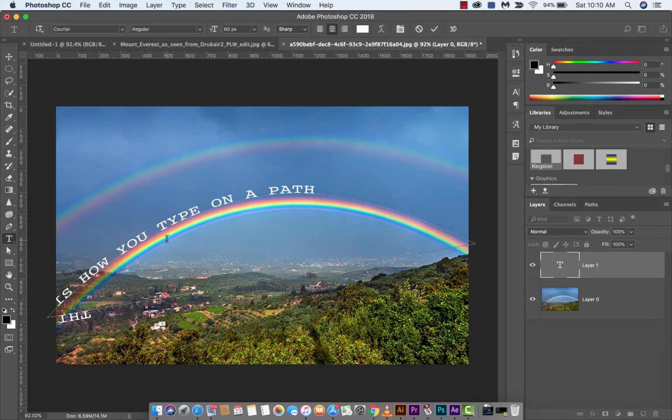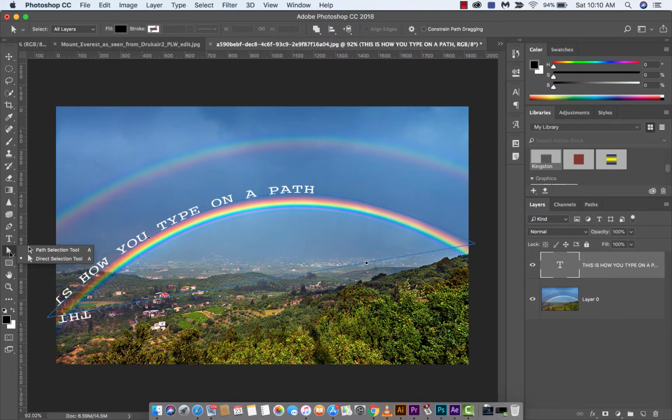Now, a couple things. You'll see that this has gone off the side, so let's go ahead and start making some adjustments while I've got you here. We're going to want this to go more up this way. The way to do that is to go over here to your selection tools, and we're going to go with the direct selection tool. I'm going to hover on top of the type, and I'm also on the text